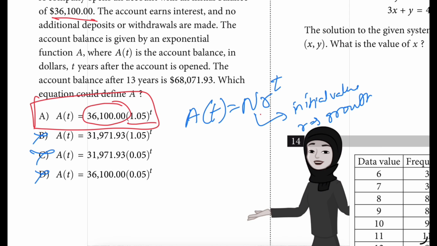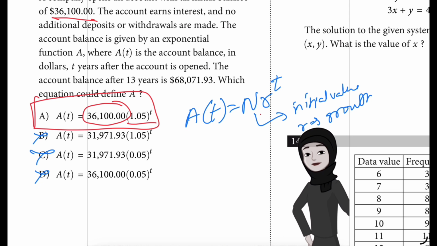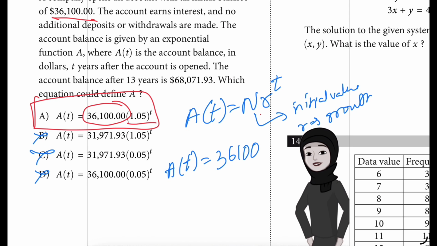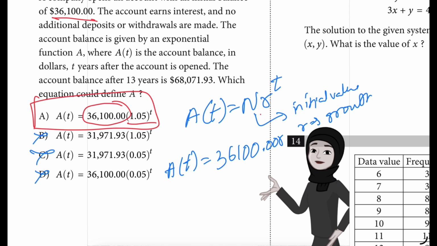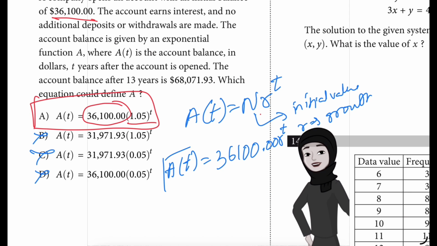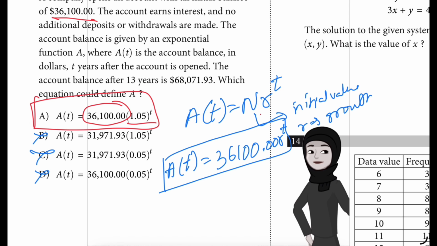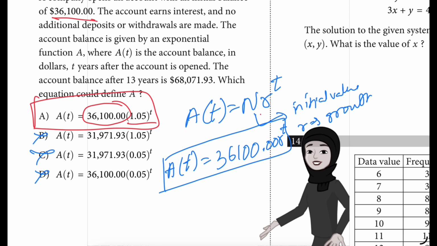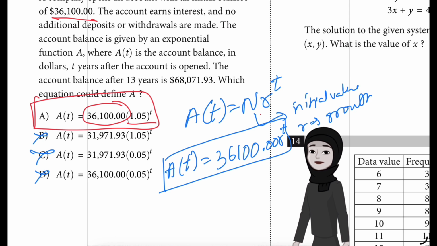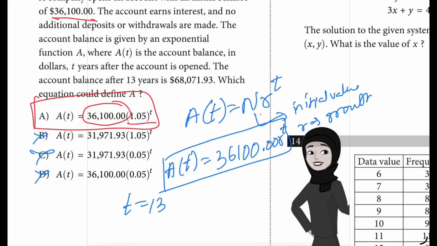So substituting 36,100 for n in the equation, A of t is equal to 36,100 r raised to the power of t. This is with the initial value we are substituting. It's given that the account balance after 13 years, or when t is equal to 13, the value of A of t is